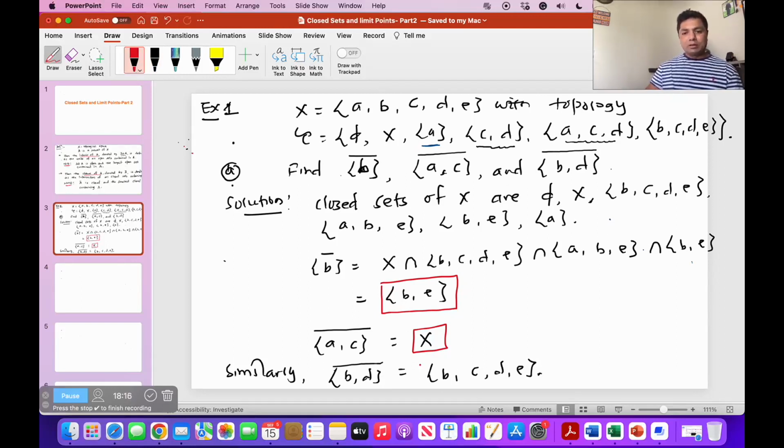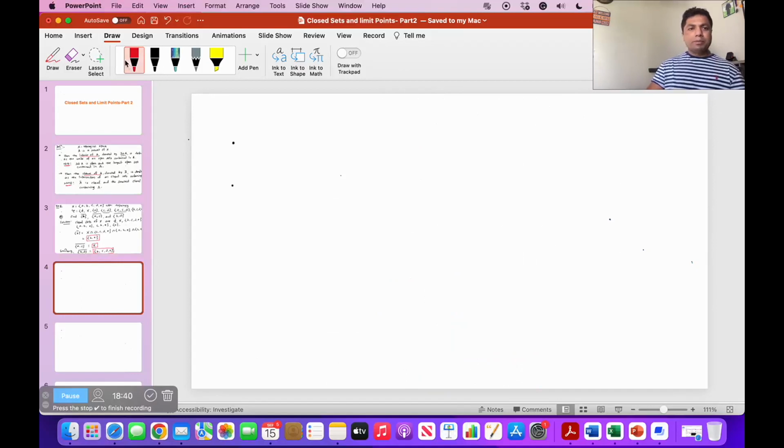Okay, and then also the smallest closed set containing this set A, C is X, the whole set, and the smallest closed set containing the singleton set B is B, E. So this is how we can find the closure of the given set in a topological space. Alright, so part B,